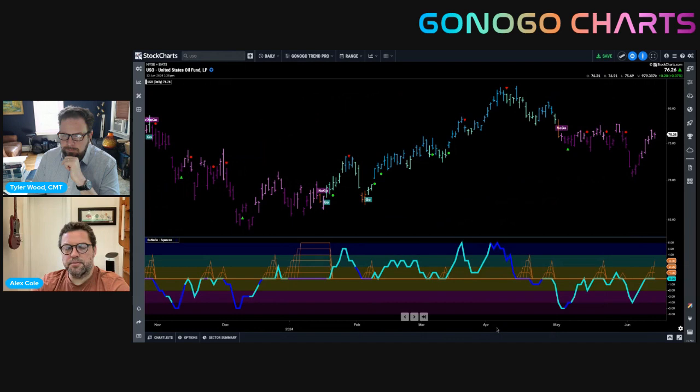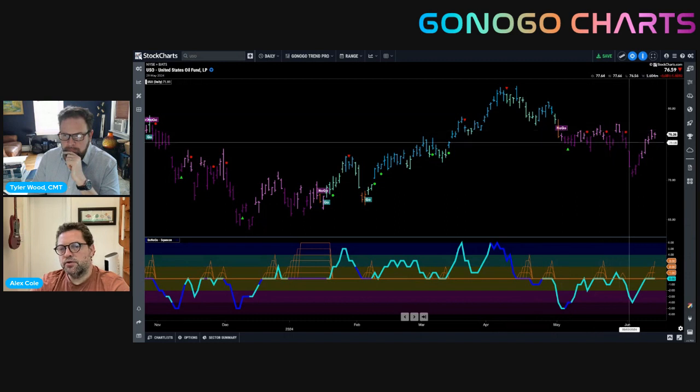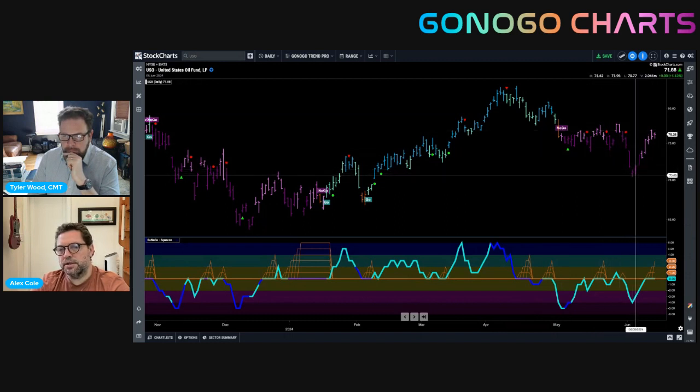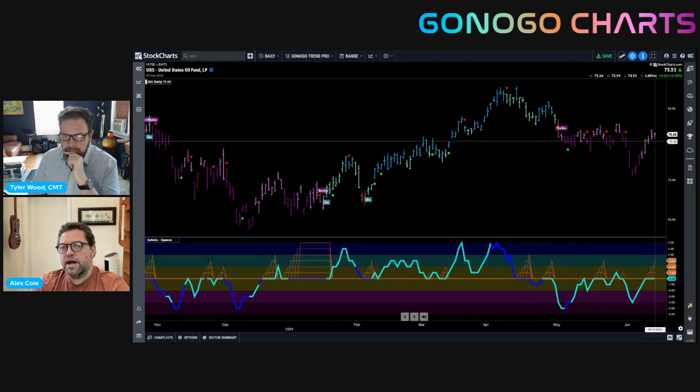So US oil has been much further ahead in the no-go trend than gold, and entered it several weeks ago now. And you can see that we dropped really quite sharply to new lows, but have now rallied back into a level that there may well be some resistance from previous congestion.